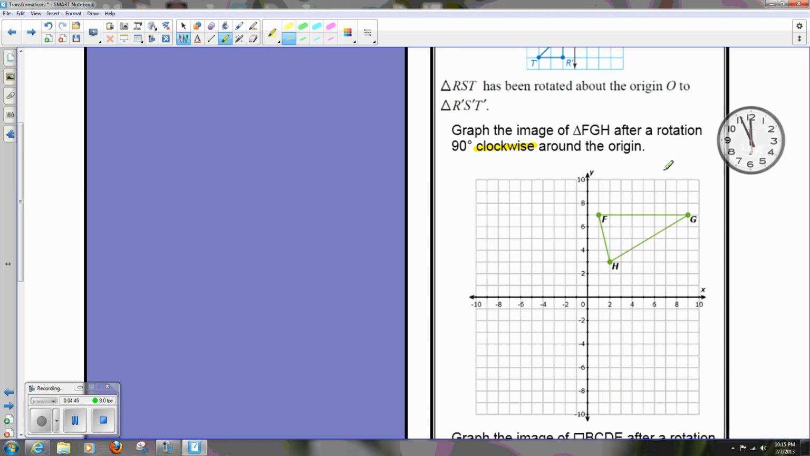I know you don't have to draw the clock on your paper, but the clock hands would travel in this direction. So 12, 1, 2, 3, 4. That means we're going to be rotating the shape in this direction, the same way that the hands of the clock would travel. 90 degrees